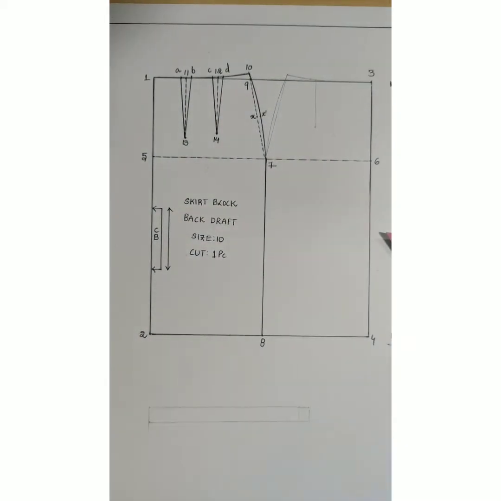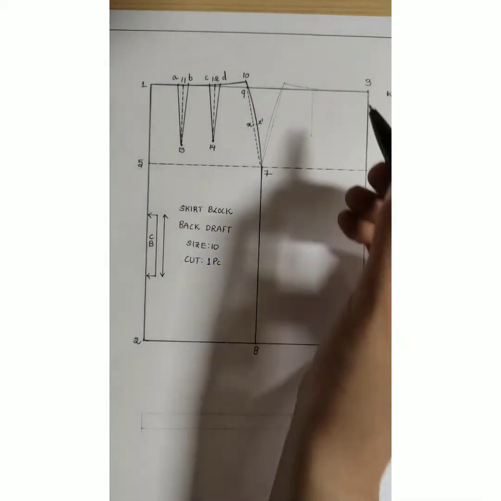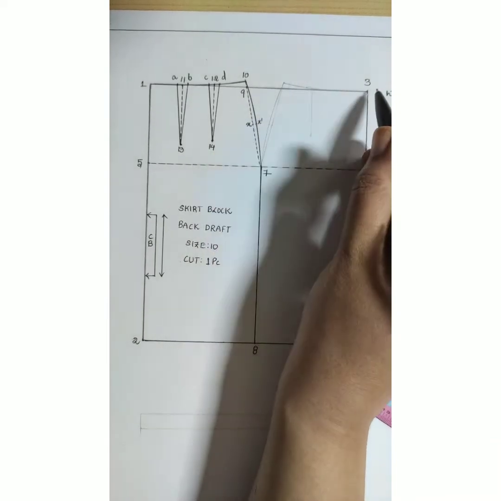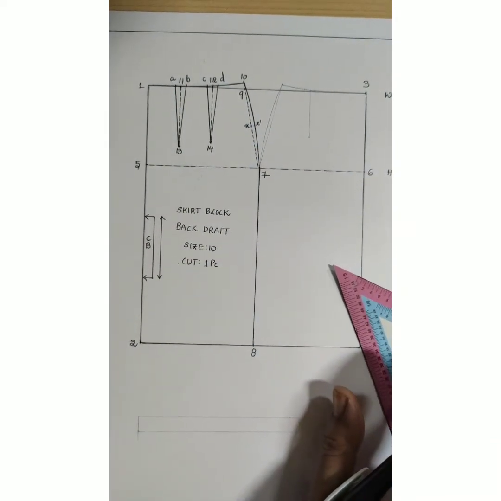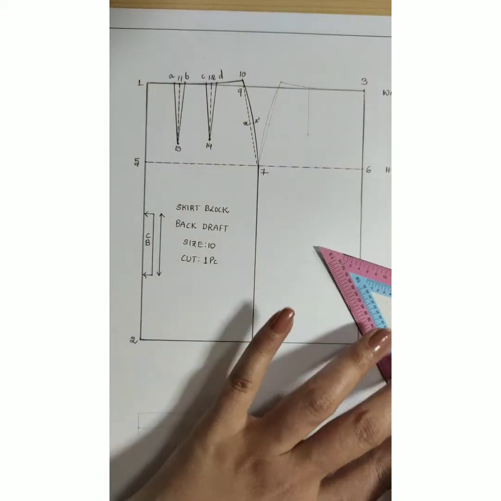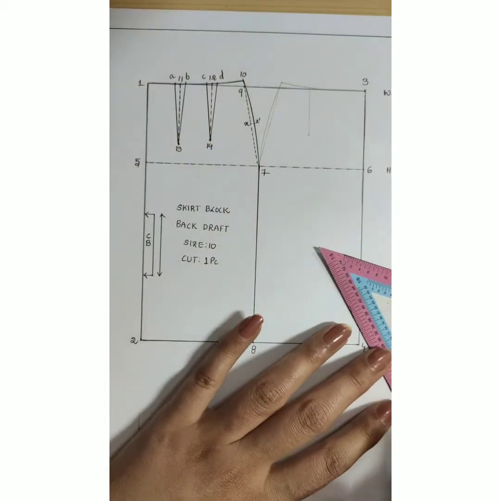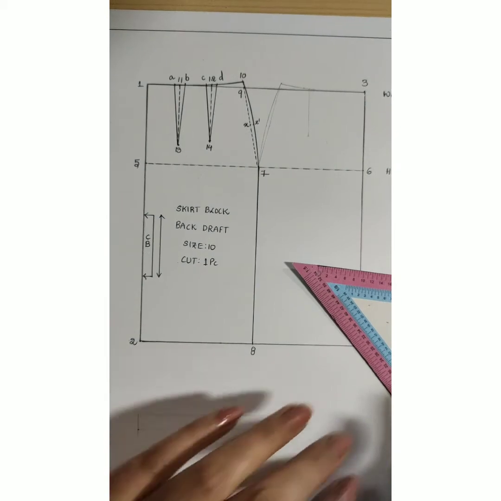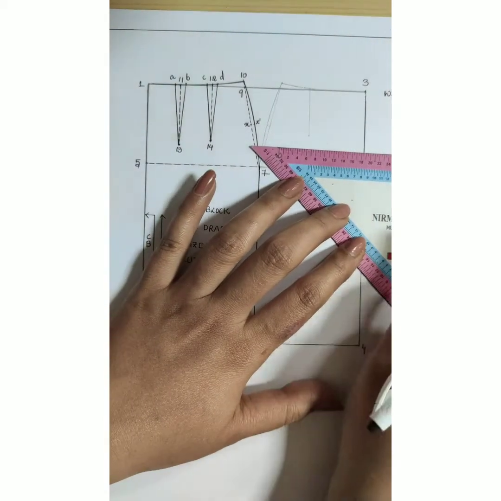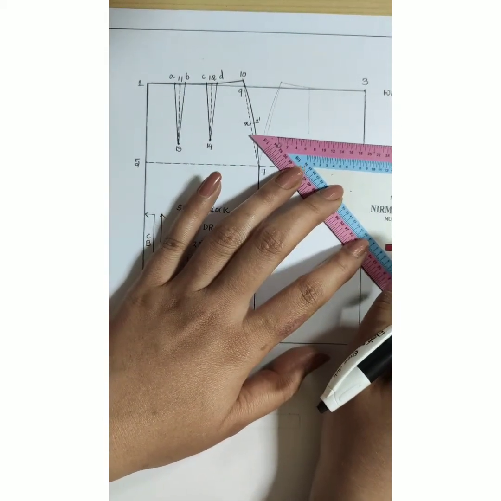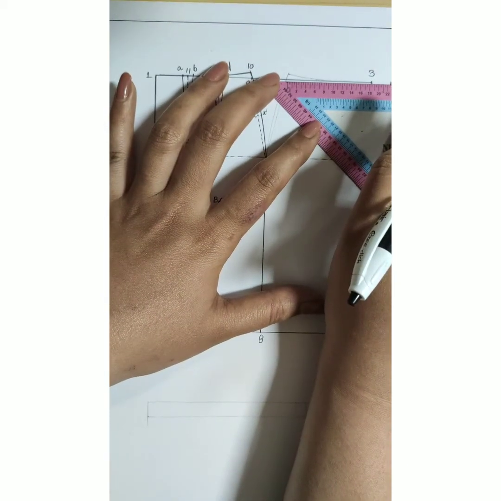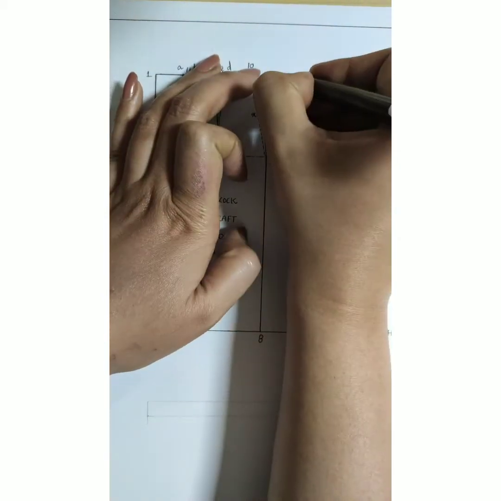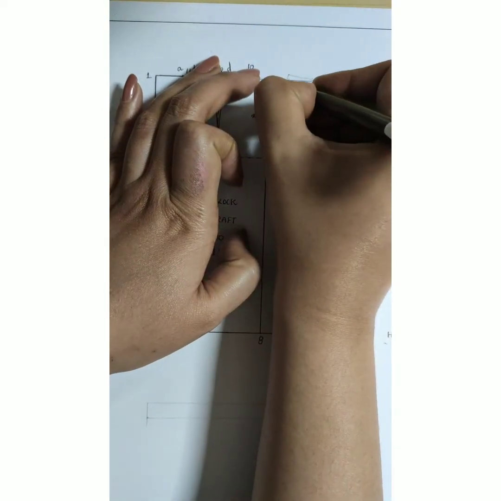Now let us start drafting the front. So for this, again 3 to 15 towards your left hand direction, inward direction, is 1/4 of waist plus 2 centimeters for dart plus 0.25 centimeters for ease, that is 64 by 4 plus 2 plus 0.5, which becomes 18.25 centimeters for standard size 10. So 3 to 15 inward direction, measure 18.25 centimeters and label point number 15 here.